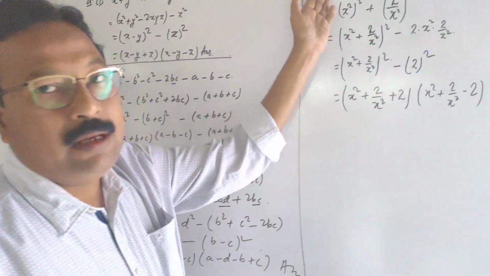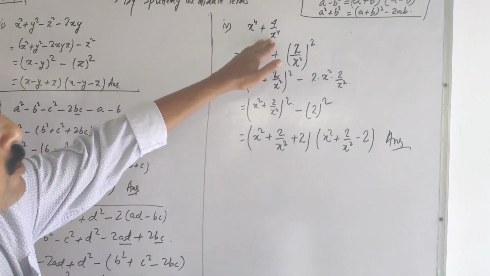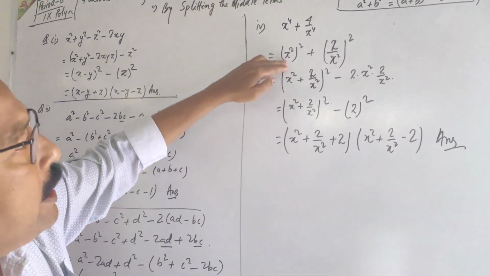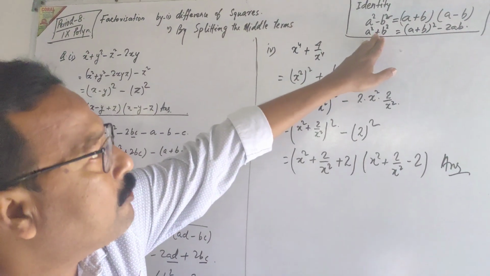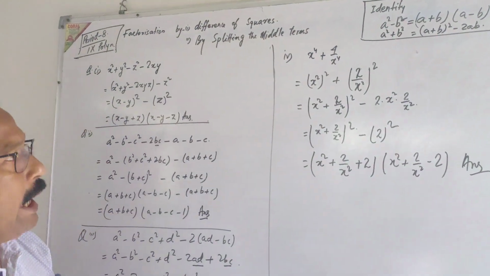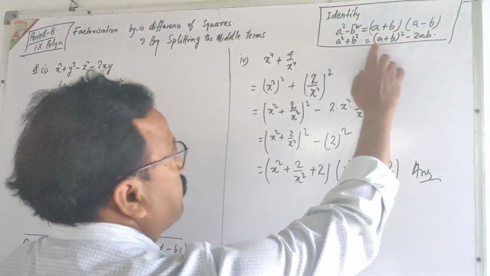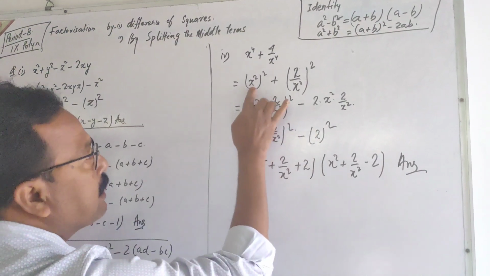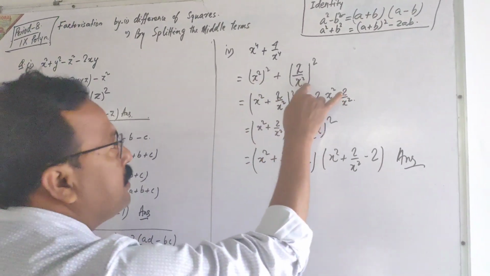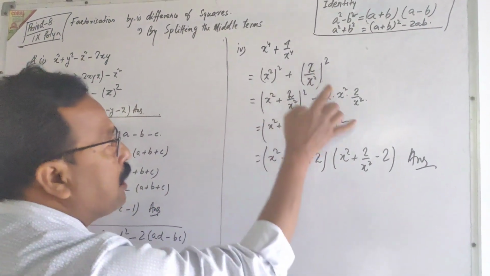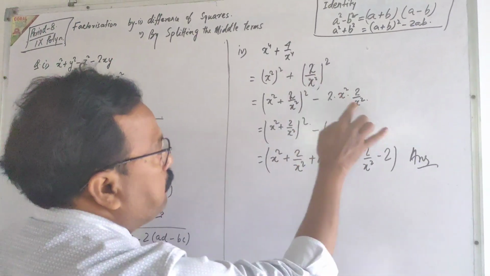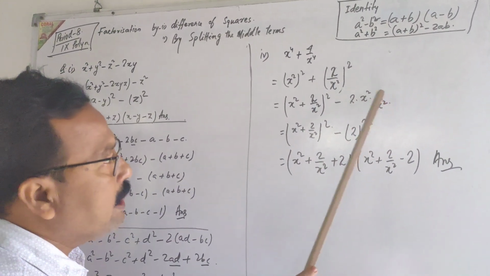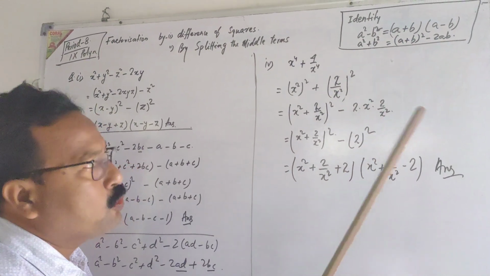Now this one has been given in the form of x to the power 4 plus 4 by x to the power 4. We can take this as a square plus b square. It is of the form a square plus b square, and on putting these two in this form, we will get a plus b's whole square, that is under bracket here x square, and here 2 by x square, a plus b whole square minus twice of a and b. These x squares will cancel each other and we'll get here 4, that is 2's whole square.